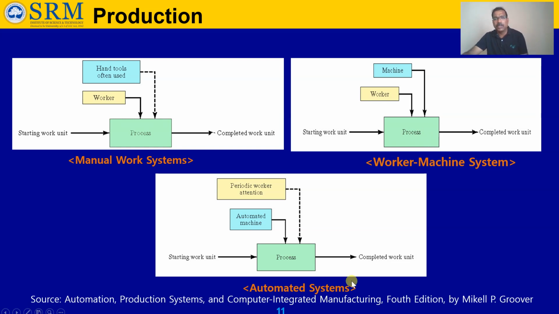The third one is the automated system. Manpower is there, and an automated machine is also there. There is input and output, but here the significant operation is done by the automated machine. Manpower periodically monitors it. For example, in the mass production industry, CNC machines are used more nowadays. They just feed the program and run the machine. The machine automatically does the machining, coolant on and coolant off. Everything is done by the automated machine.